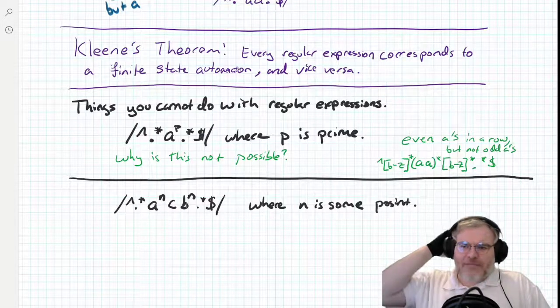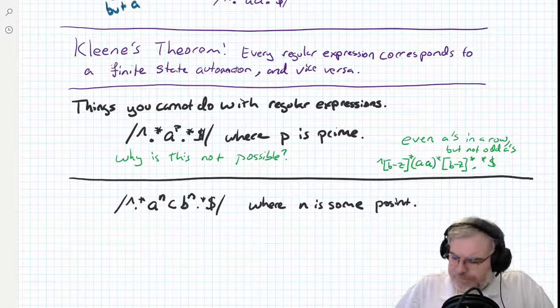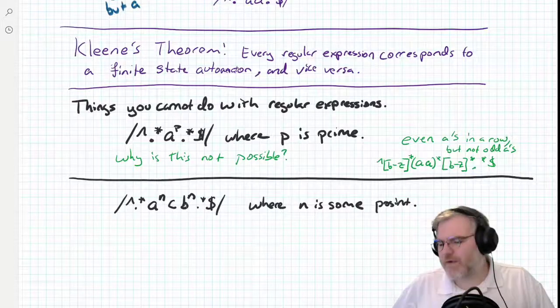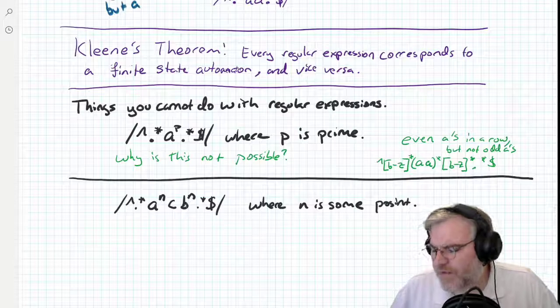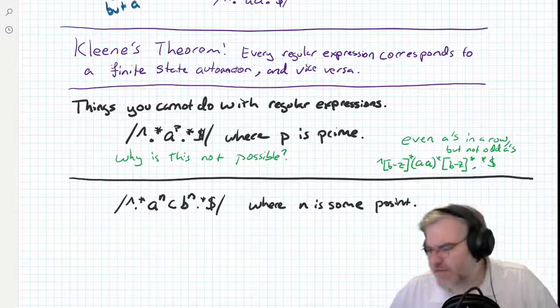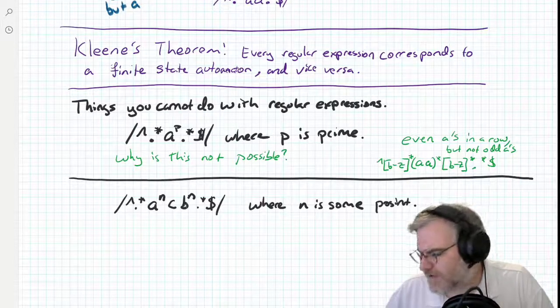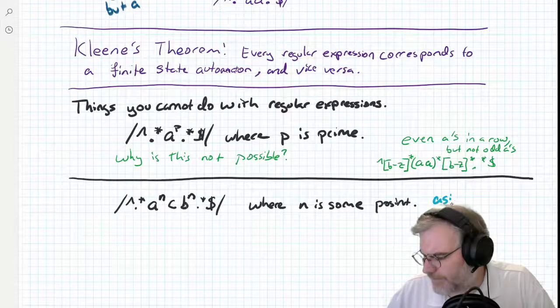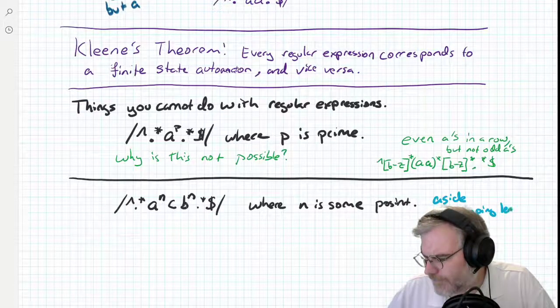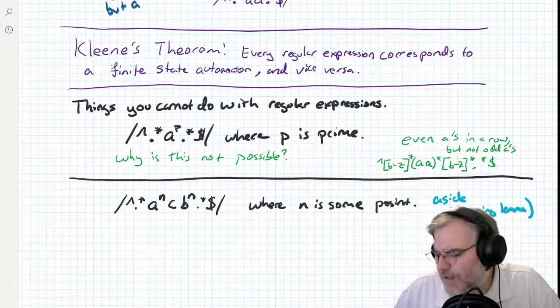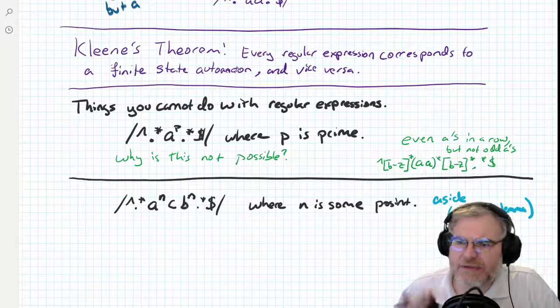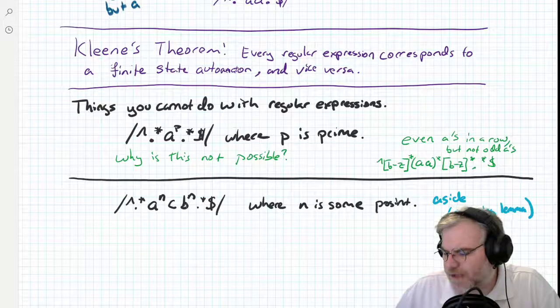Okay, I can't have matches that look like this, and for the same reason, I'd have to have an infinite number of states. The proof of this is something called the pumping lemma, which lets you prove these things. I'll just write that as an aside. I'm not going to ask you that on a test, but if you care. But again, that's more mathy than we want. The big picture here is that there exist things that I can't do with regular expressions. Okay?